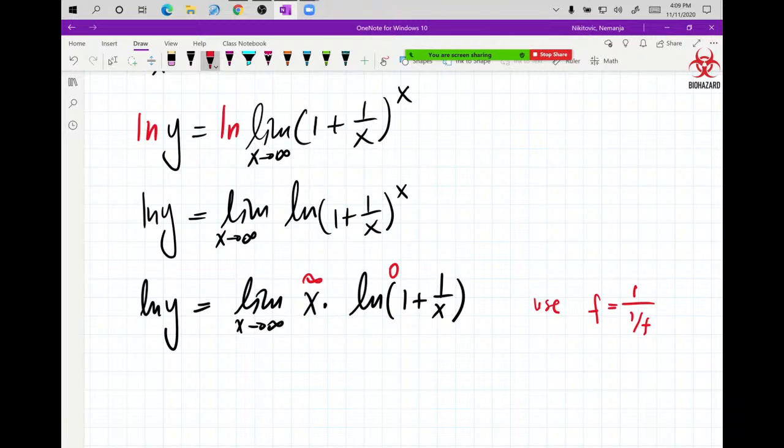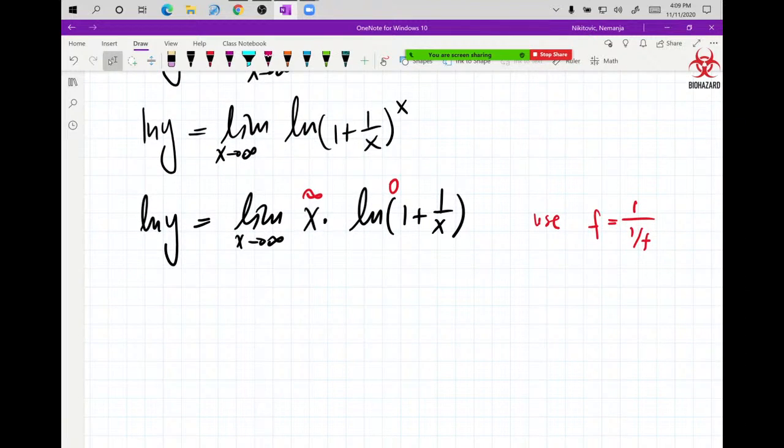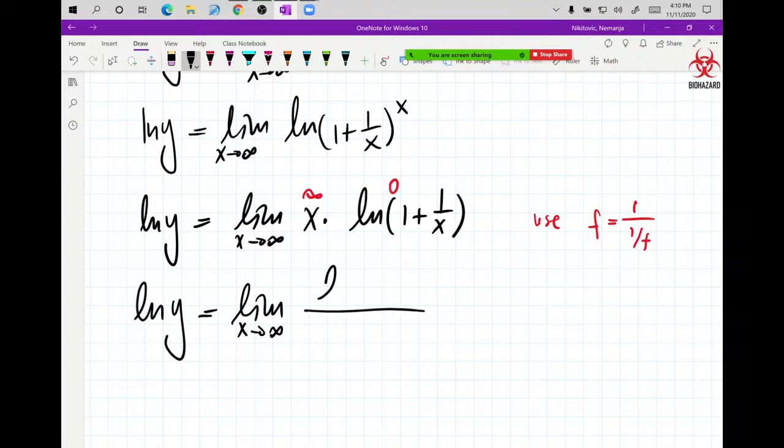So we're going to write this now as ln y equals the limit as x goes to infinity, and now we use that algebra witchcraft, ln of 1 plus 1 over x, and this becomes 1 over x in the denominator. So when you plug in your infinity now, you get 0 over 0, which is an indeterminate form,